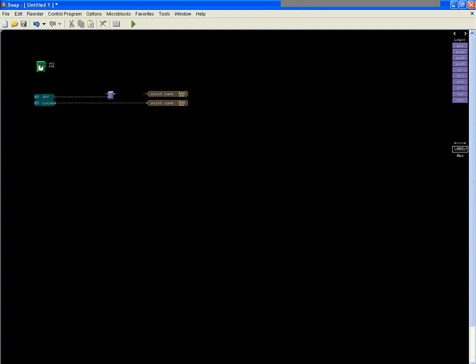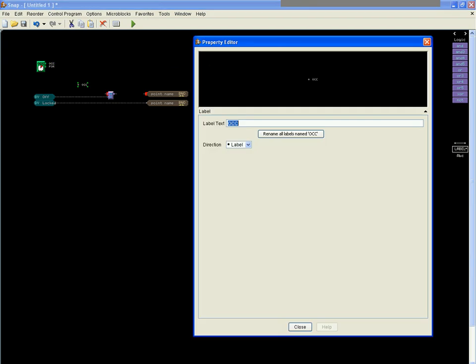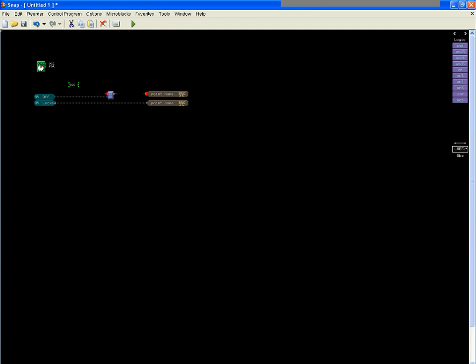A better way to do that is actually click on the OCC, the label right here, copy it, and then paste it. And as you can see, it is under my mouse, and I can click it and add it to wherever I want. Now I have to reverse the direction of this, so I go in, open it up, and actually reverse direction to input, and I drag it over here to the OR microblock and drop it on that. Now you can use these occupancy throughout your programs if you want to, and actually there could be multiple